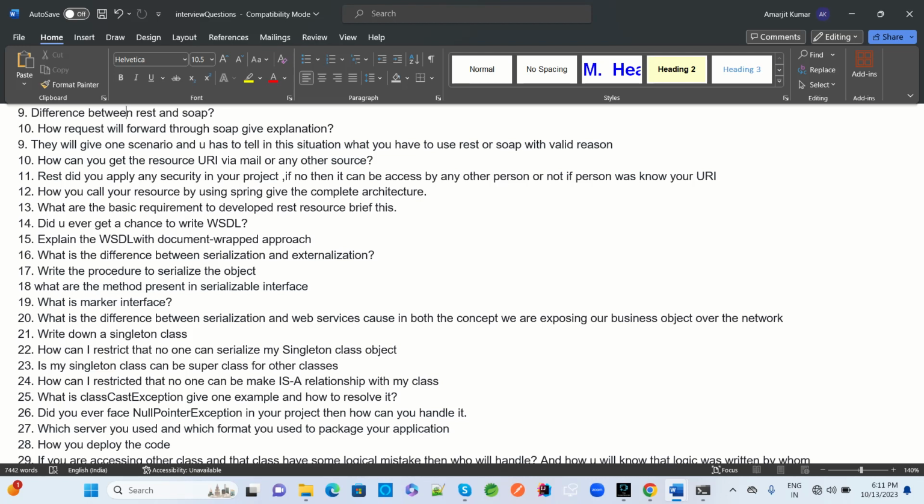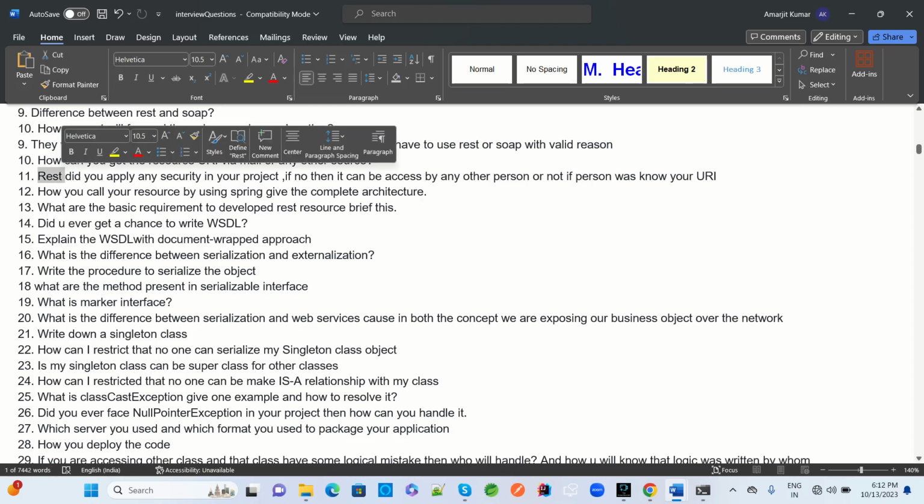And then how can you get a resource URI by mail or any other source? In REST, did you apply any security in your project? If not, then can it be accessed by any other person? If a person knows the URI,